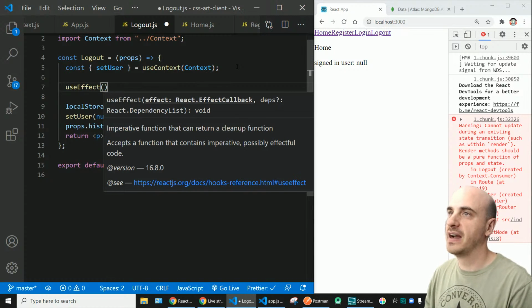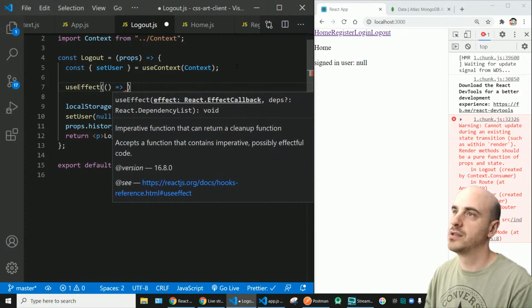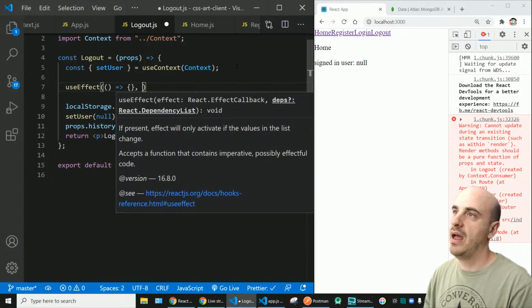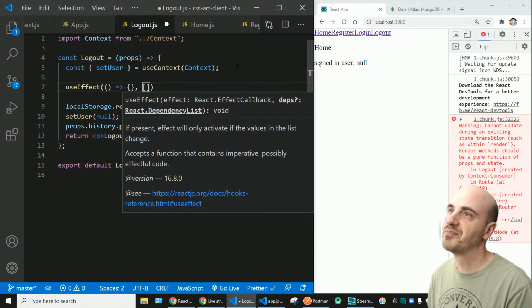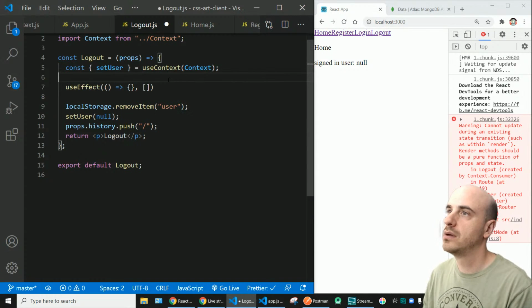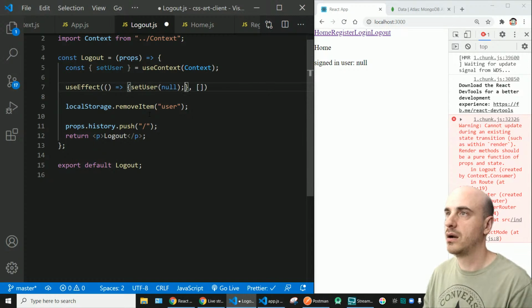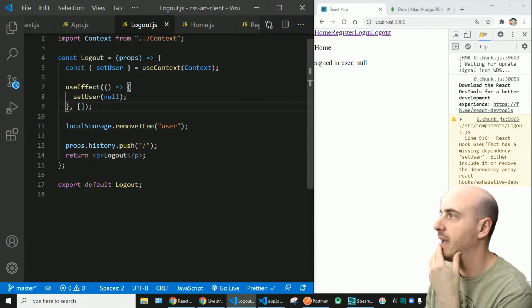And again, useEffect takes two arguments: a function that will be invoked at a certain time, and the dependency array for when to invoke said function. If you leave it empty, it'll just invoke once. And I think we're probably good to throw set user null into there. And we'll get rid of that warning, hopefully, but have the same functionality, I believe,